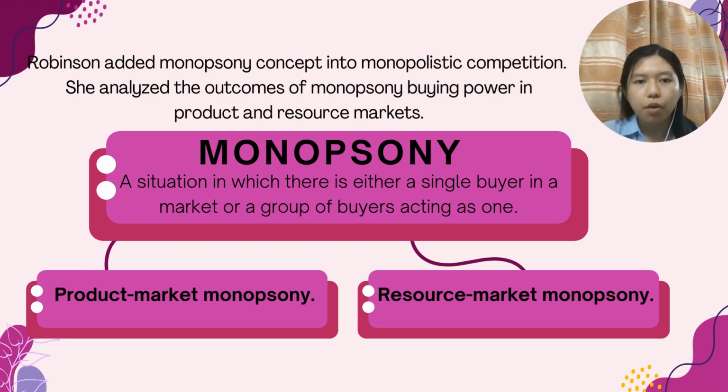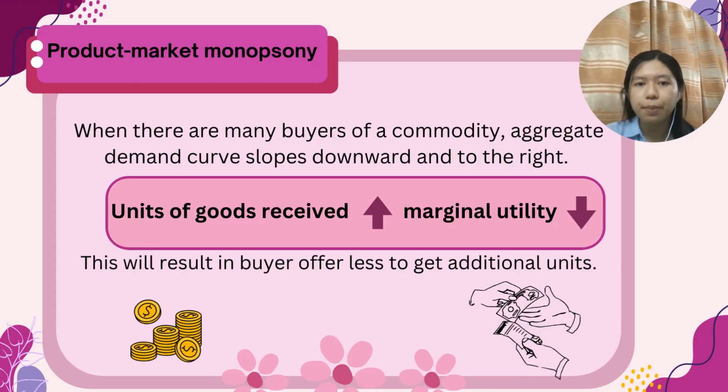From monopsony, Robinson analyzed the outcome of monopsony buying power in terms of the product market and also the resource market. In the concept of product market monopsony, when there are many buyers of a commodity, the aggregate demand curve slopes downward and to the right, which is based on marginal utility. This means that the more units of a good received, marginal utility will decrease, as stated in the law of